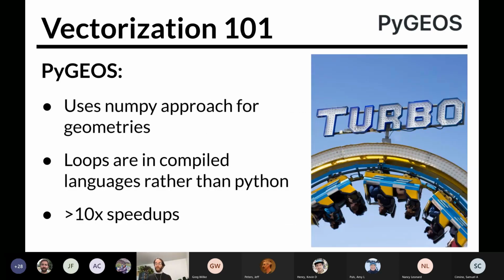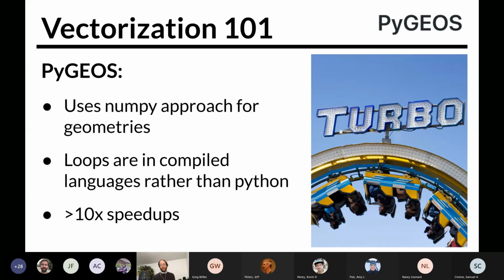There's a new library that I'm super excited about called PyGeos. It uses the GEOS geometry library under the hood, but it uses an entirely vectorized approach for working with geometry data, such as points, lines, or polygons. And this makes it very fast, and also makes it easier to build out vectorized workflows on top of it. I've been using this for all of my recent projects, and I'm super happy with it. It continues to get better all the time.